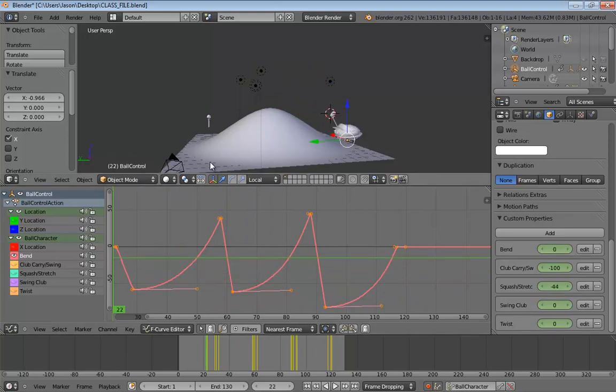Now, that is the length of the animation I'm actually going to demonstrate. You have seen how to place keyframes, and you have seen how to edit them. Everything else is really just playing with these sliders and animating them here and there. I want to know if there are any questions before we go any further, because after this, we're going to discuss your assignment for next week.